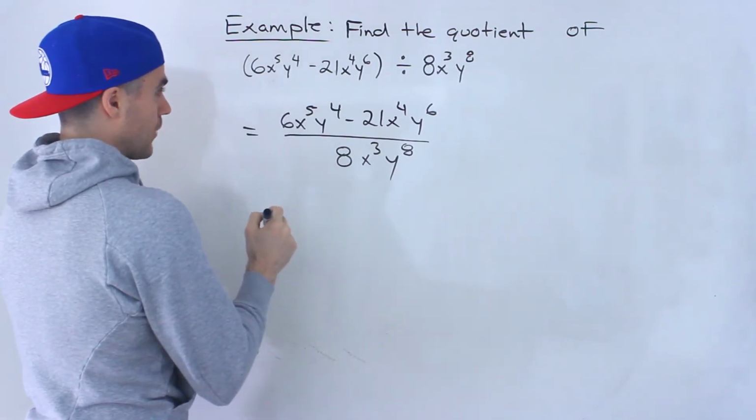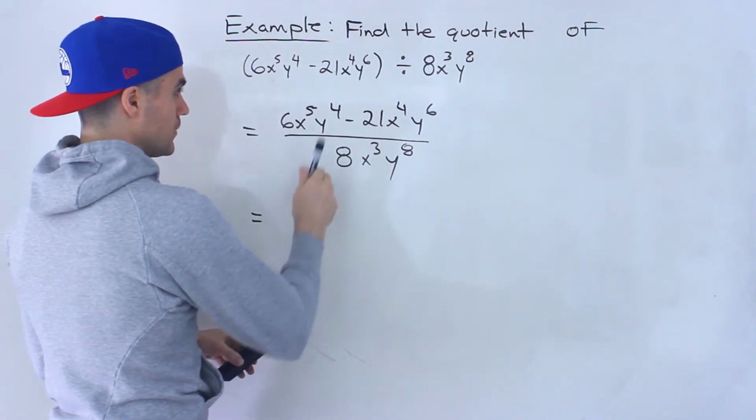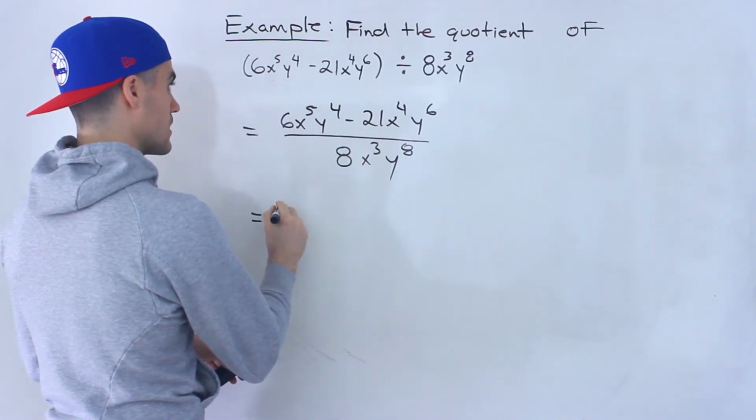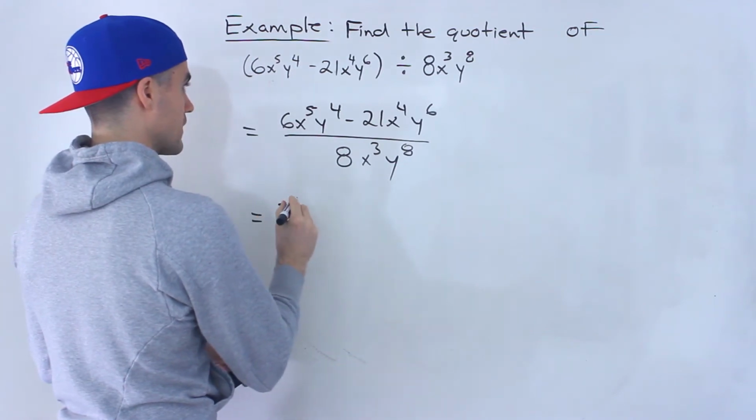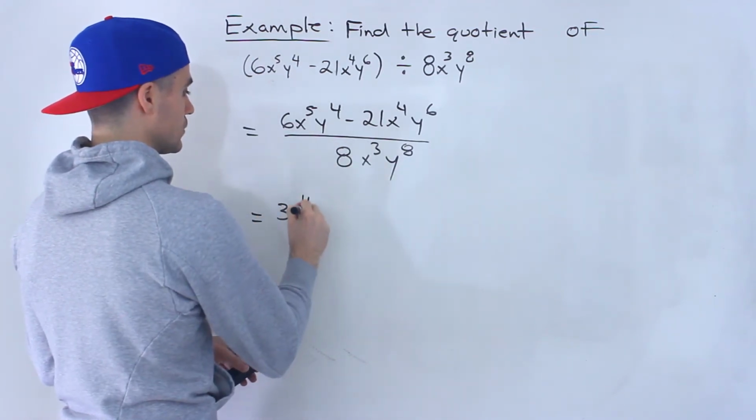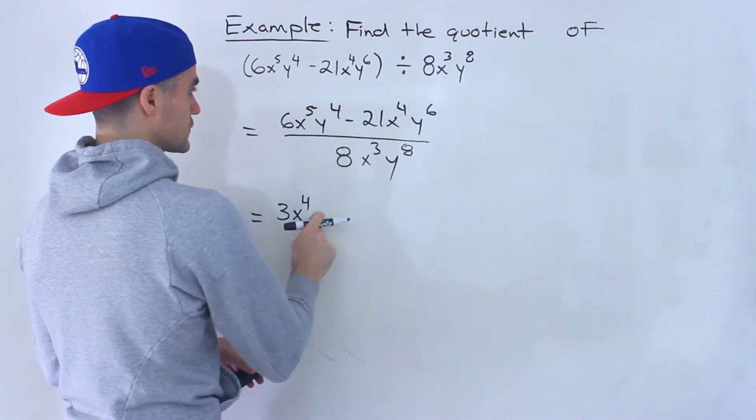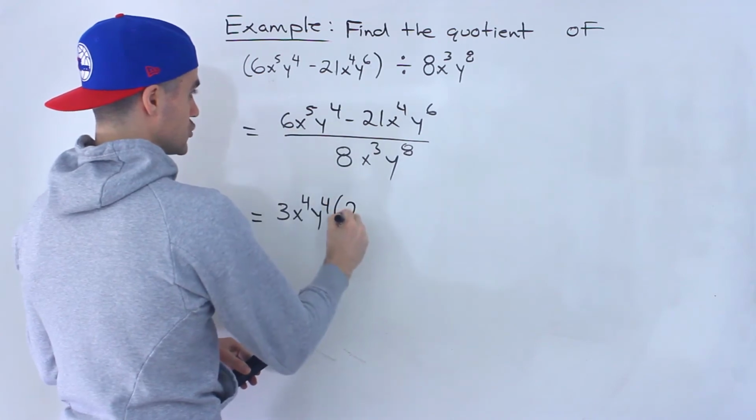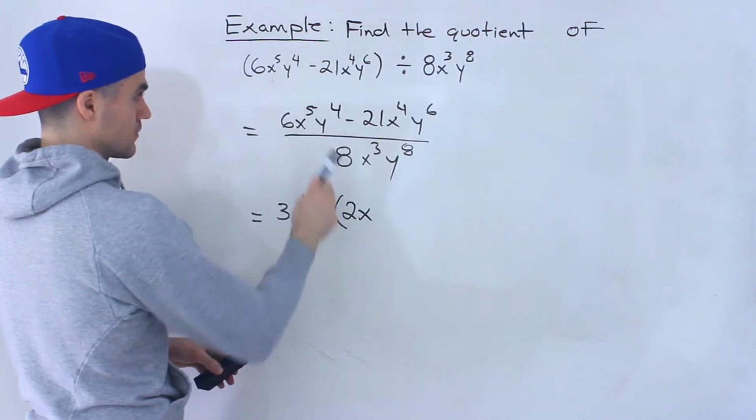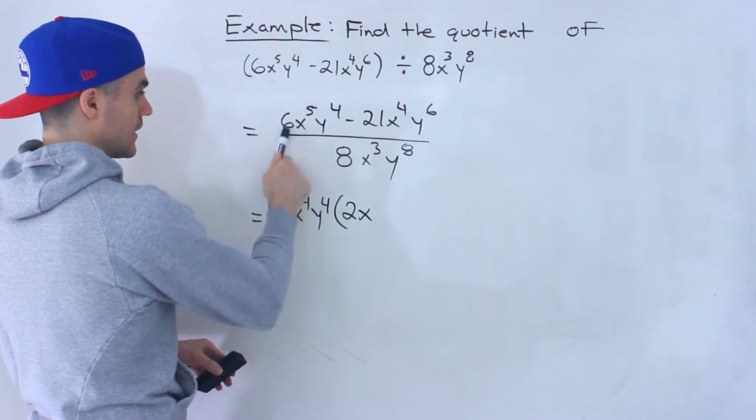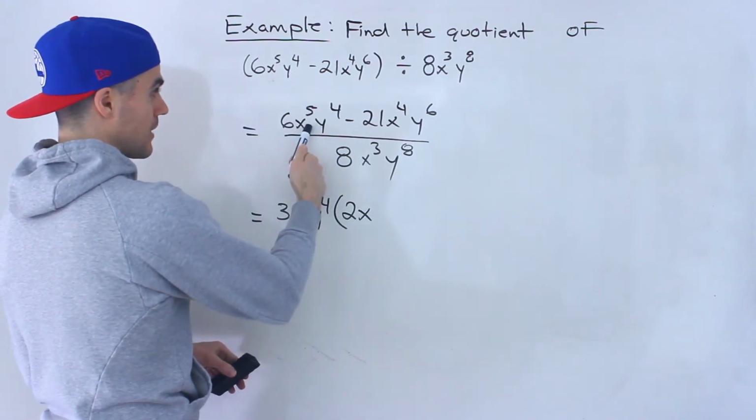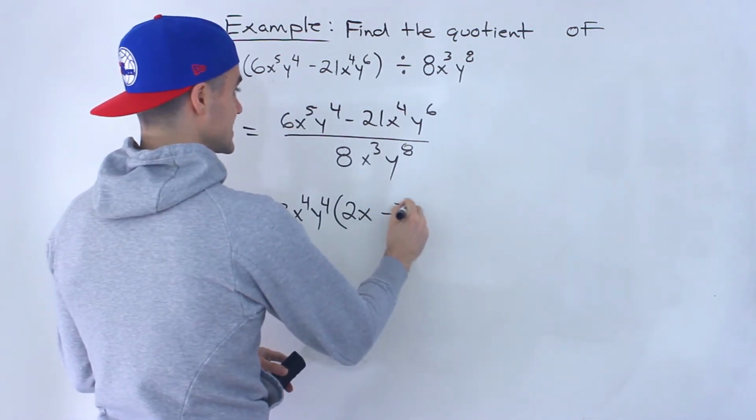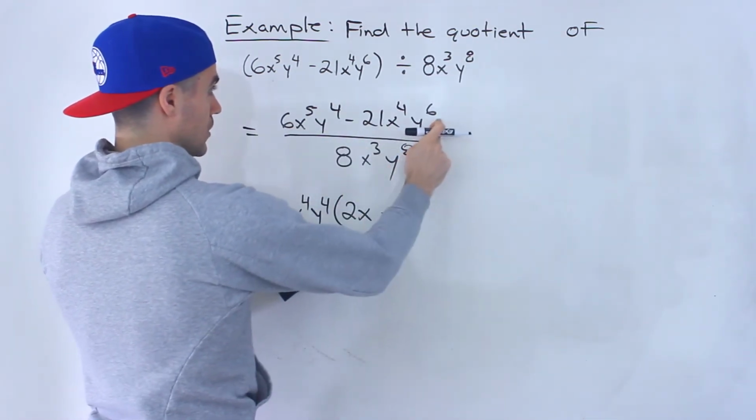So if we did it that way, with the 6 and the 21, we can take out a 3. Yeah, that works. We could take out an x to the 4, the lowest exponent between x to the 5 and x to the 4 is 4. And we could take out a y to the 4. And so we'd be left with 2x, right? The y to the 4 came out, 3 came out of the 6, so we're left with a 2, and then x to the 4 came out of x to the 5, so we're just left with an x to the 1. This would be minus 7, x to the 4 came out, we have y to the 6, if we take out a y to the 4,